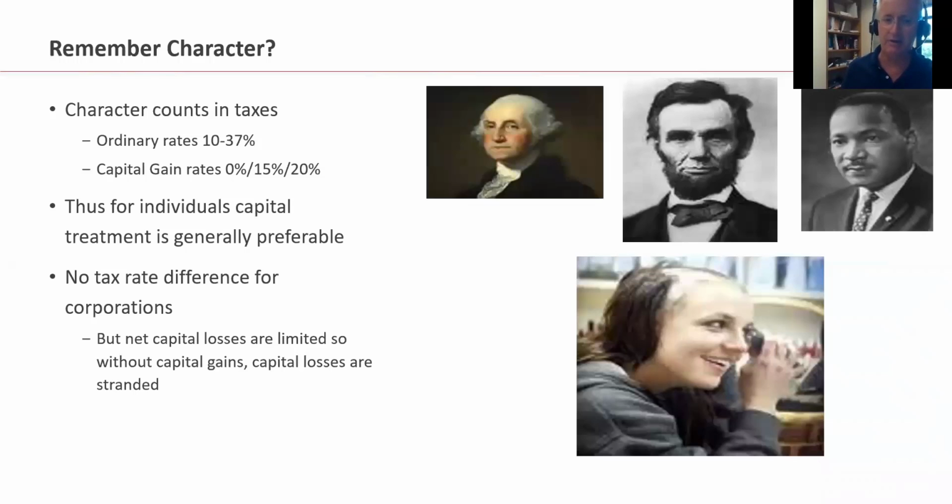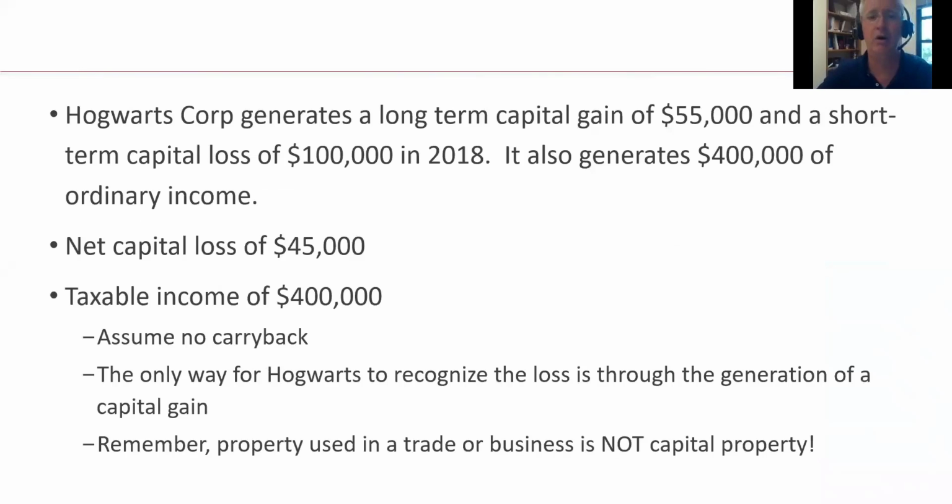So as it turns out, even corporations generally have a preference for capital gains over ordinary gains. Hogwarts generates a long-term capital gain of $55,000, a long-term capital loss of $100,000. It also generates $400,000 in ordinary income. The net capital loss from this is $45,000. That's the $100,000 of loss, the $55,000 of gain. Since none of that is deductible, a net capital loss is not deductible by a corporation, their taxable income just